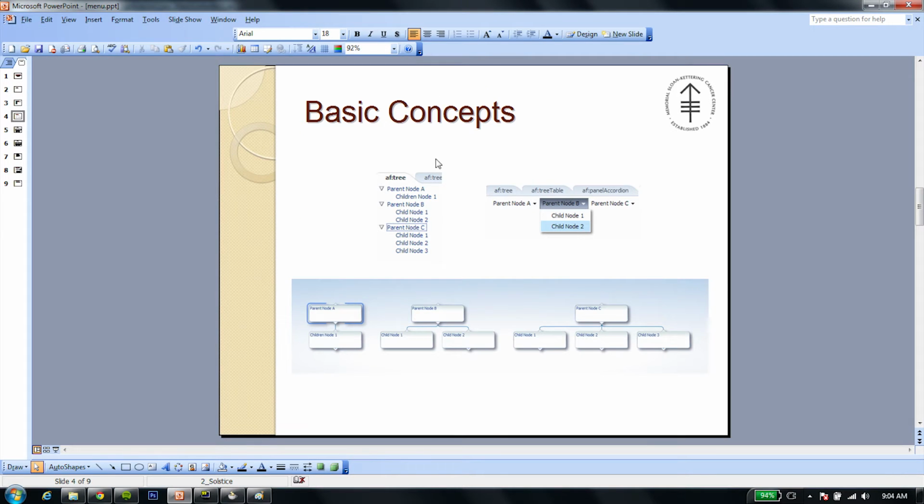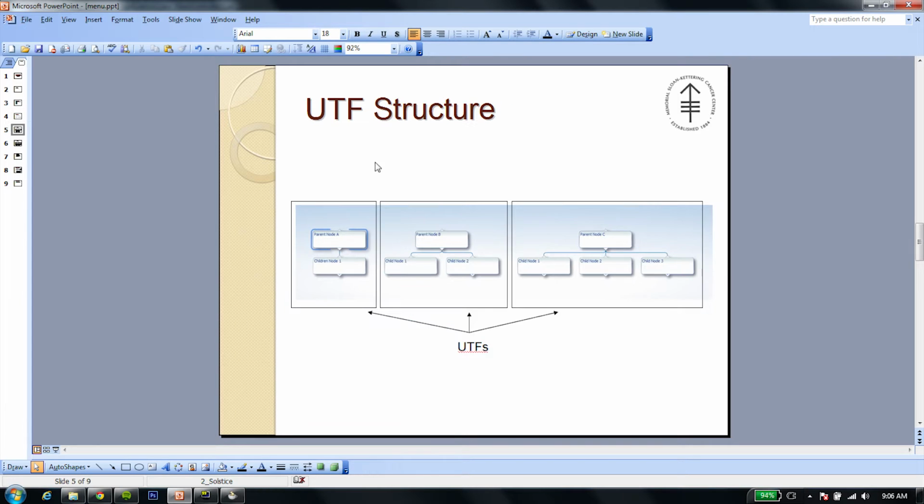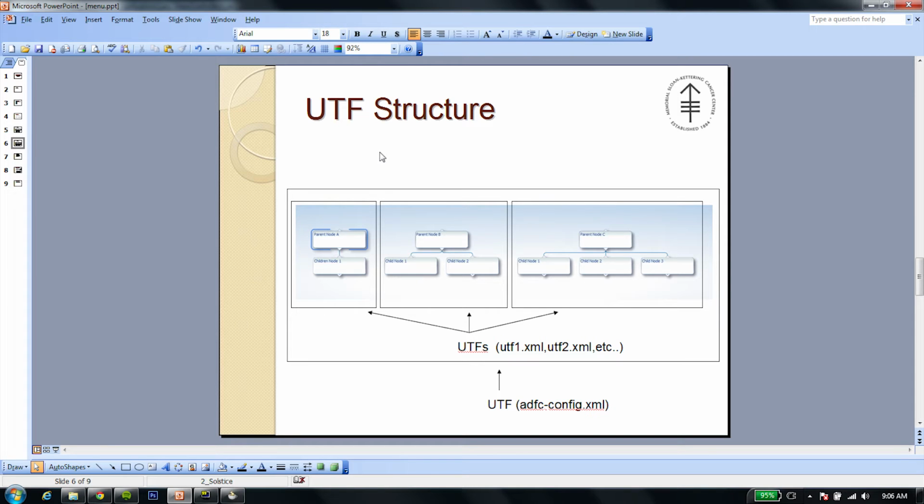These are 3 of the 5 components that we're going to be building later on. This is an AF tree, this is an AF menu, and this is a hierarchical view. In this hierarchical view you can see that there are actually 3 trees here: parent node A, parent node B, and parent node C. Each of those trees is going to be constructed separately as its own UTF. Also note that ADF at runtime will combine the navigations of each of those UTFs into a single